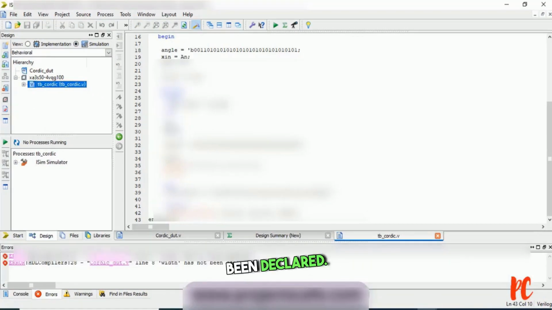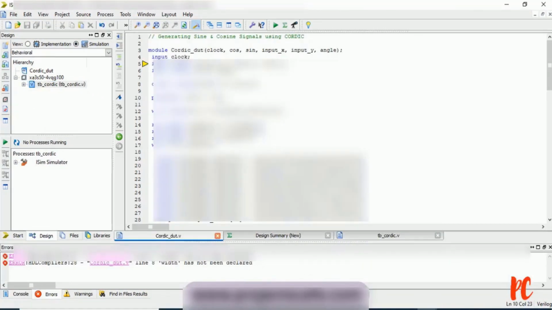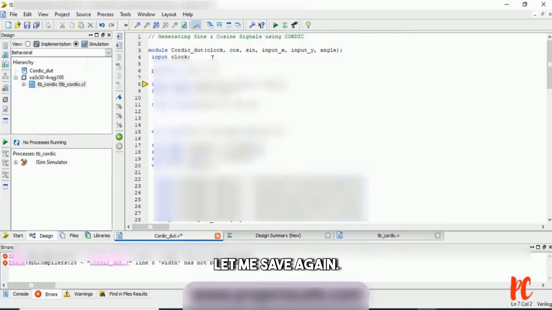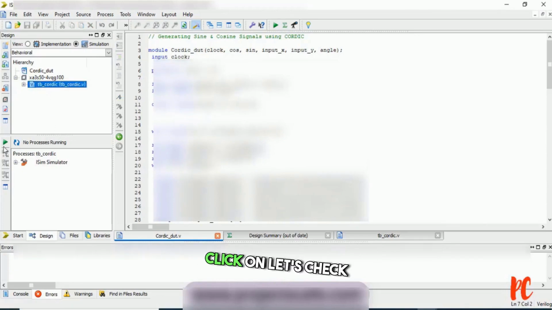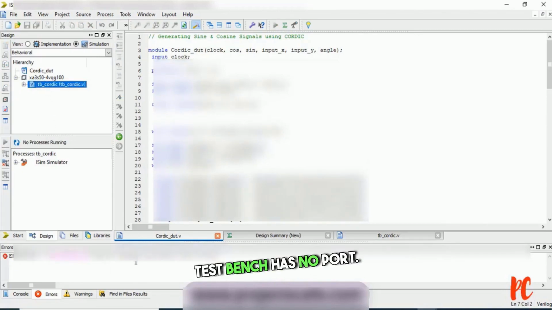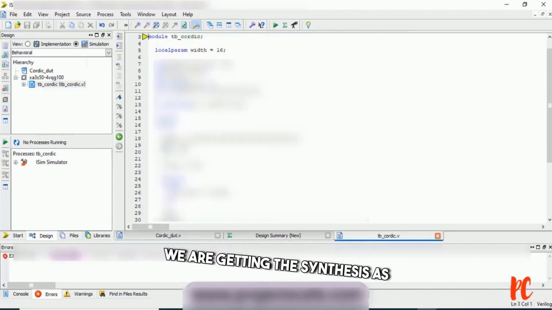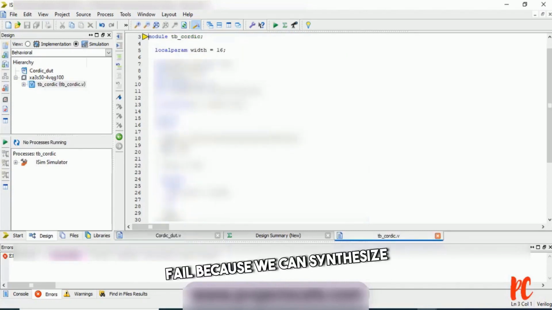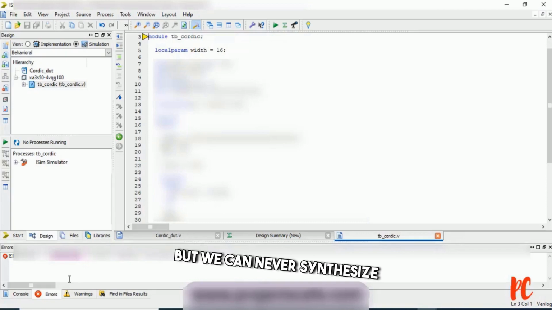Width has not been declared. Okay, we got an error here. Width has not been declared. Let me cut this and paste it here before the part so that I'm okay with it now. Let me save this. Again click on run. Let's check now. Line number 3, test bench has no port. We are getting the synthesis as failed because we can synthesize a DUT file but we can never synthesize a